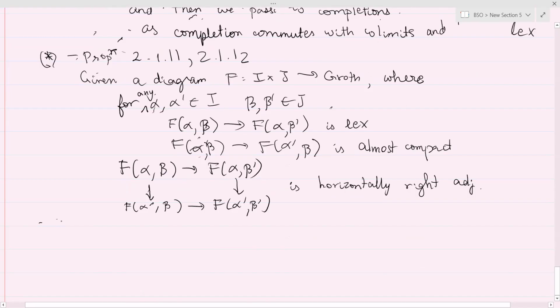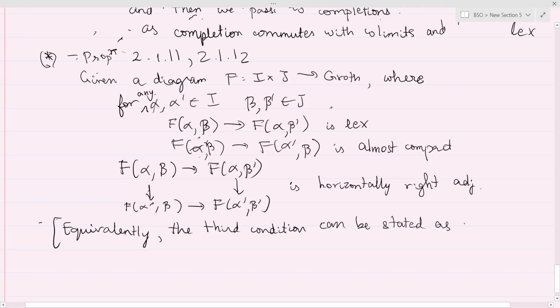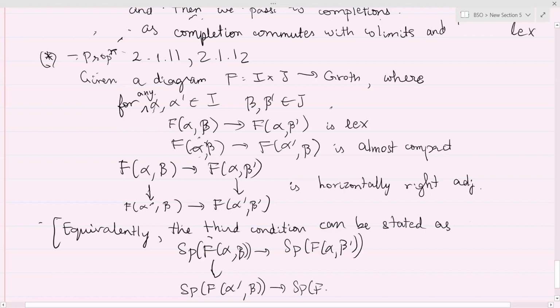Or in brackets, I mean, rather long, like a reference, but equivalently, the third condition can be stated as the square being horizontally right adjointable. And the equivalence here comes because